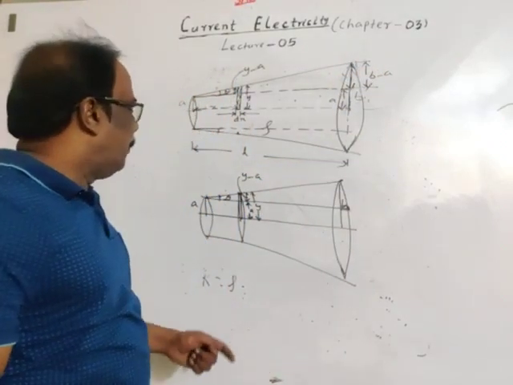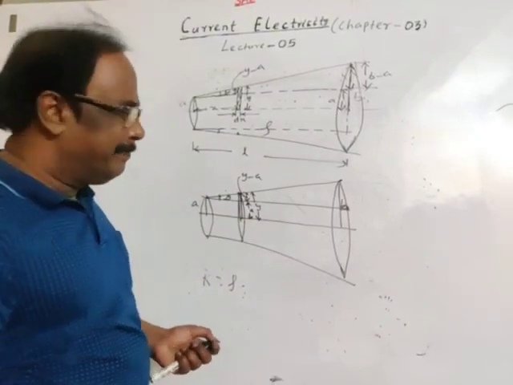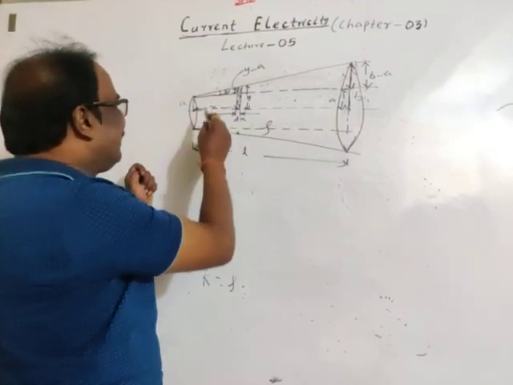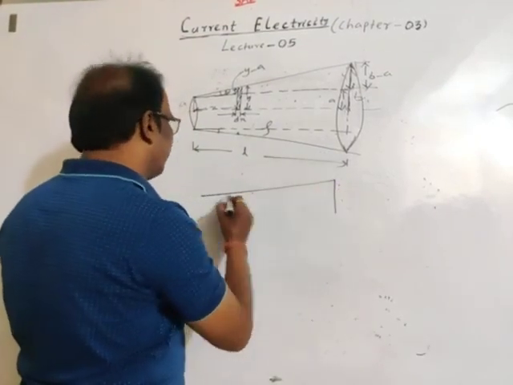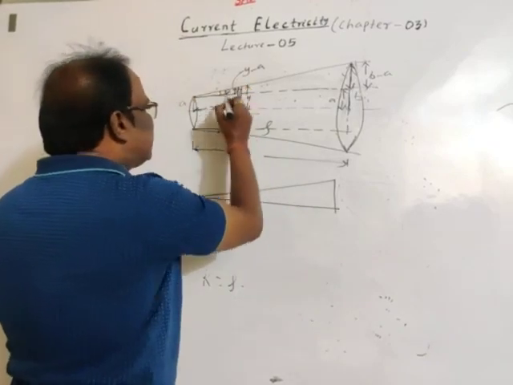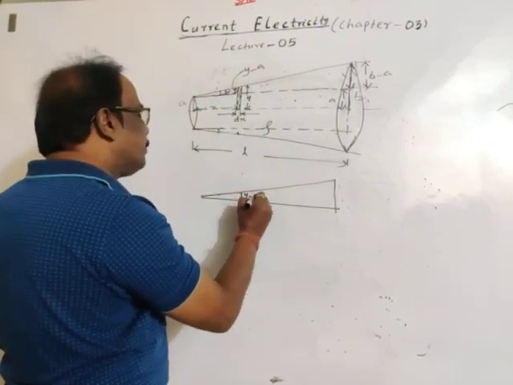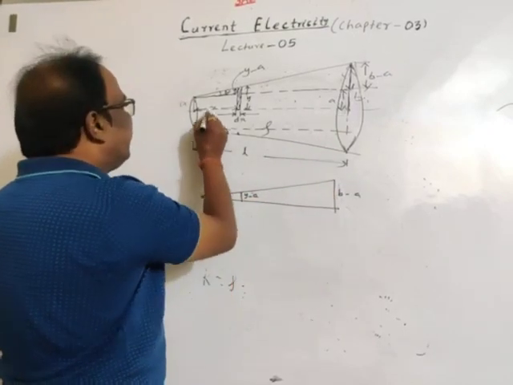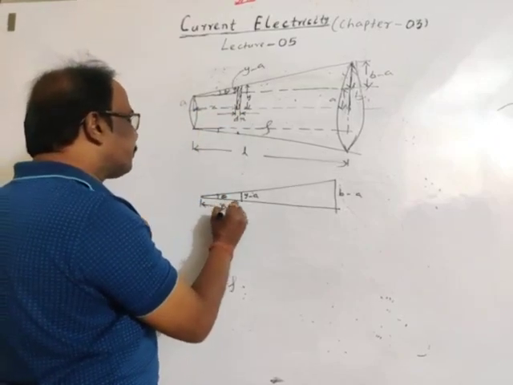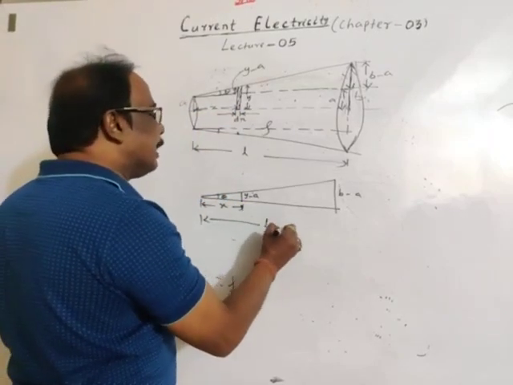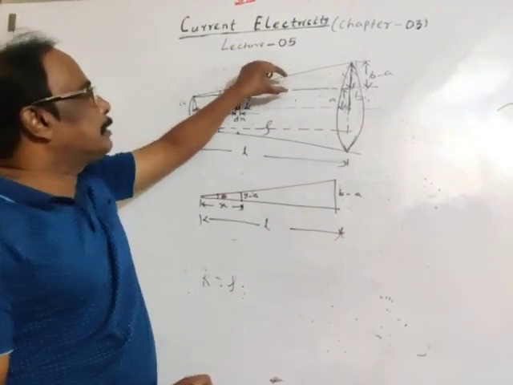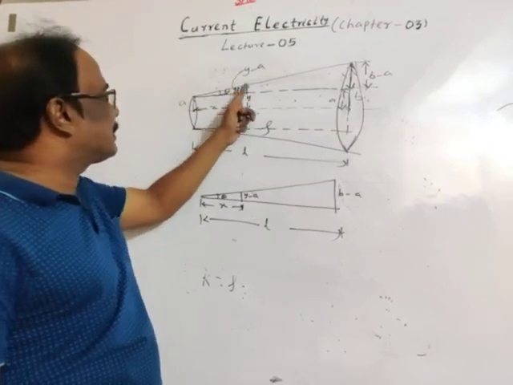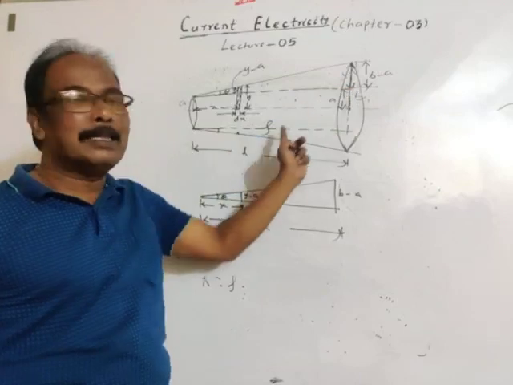Okay. Now I will bring this diagram outside so that you can visualize it clearly. This length is y minus a, this length is b minus a, this angle is theta, so this distance is x, and this total distance is L. Is it clear? I have brought this part out: y minus a, this length is x, this is b minus a, and this total length is L.